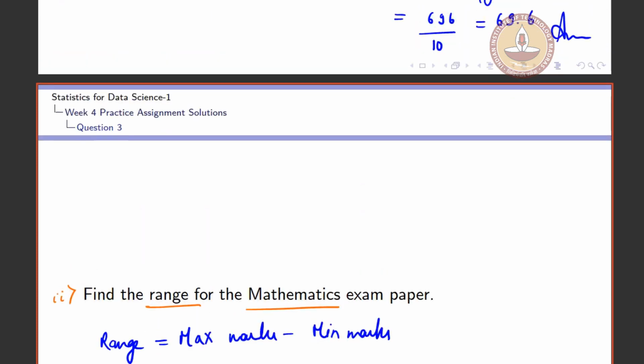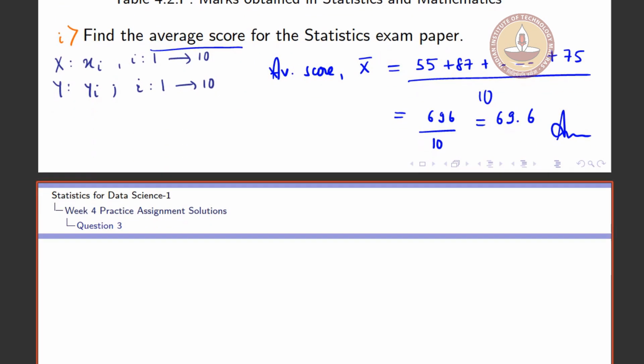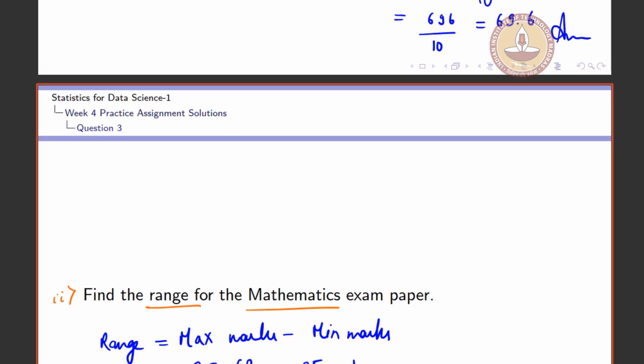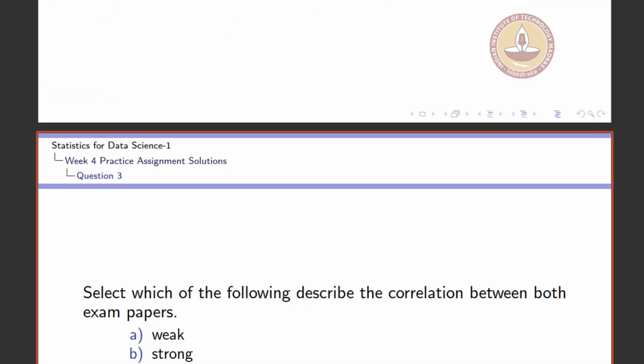So let's find out what is the maximum mark. So the maximum marks here is 85 and the minimum marks in this case is 60. So this is 85 minus 60, that is nothing but 25. So this is my range for the mathematics exam paper and this is my answer. Let's move to third question. So the third question is,